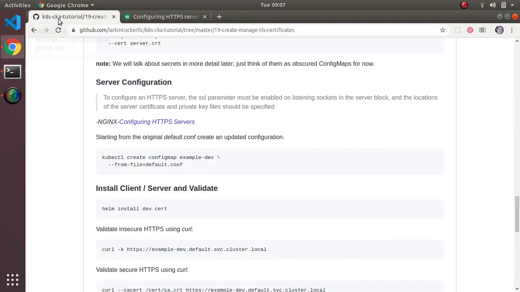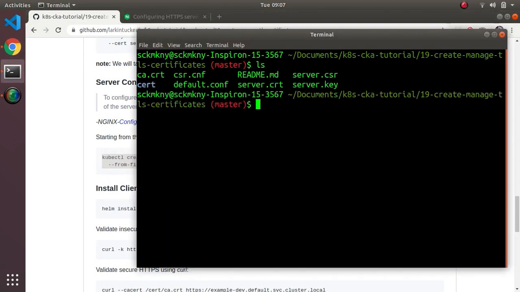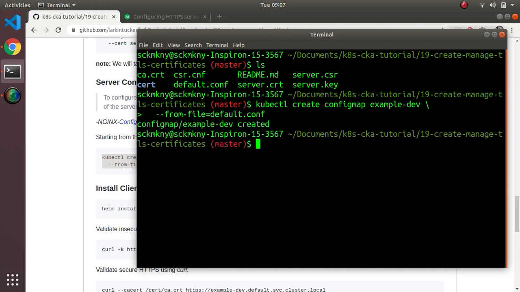And then what we're going to do, let me copy and paste this. And then what I do is I've got this configuration file. So I use kubectl create another config map. I'm calling it example dev, and then from the file default.conf, right? So what this is going to do is create a config map, which is a key value pair, right? The key is the word default.conf, and the value is that file, right? And we're going to be able to use that to inject into our server container to override the Nginx configuration. Okay, so,